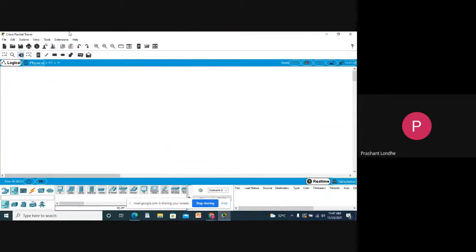This is my Cisco Packet Tracer. Let us take two machines and one switch. Let me connect this switch with the machines. For PC1, FastEthernet0 is connected with FastEthernet 0/1, and FastEthernet 0/2 is connected with PC2. So let it turn green.